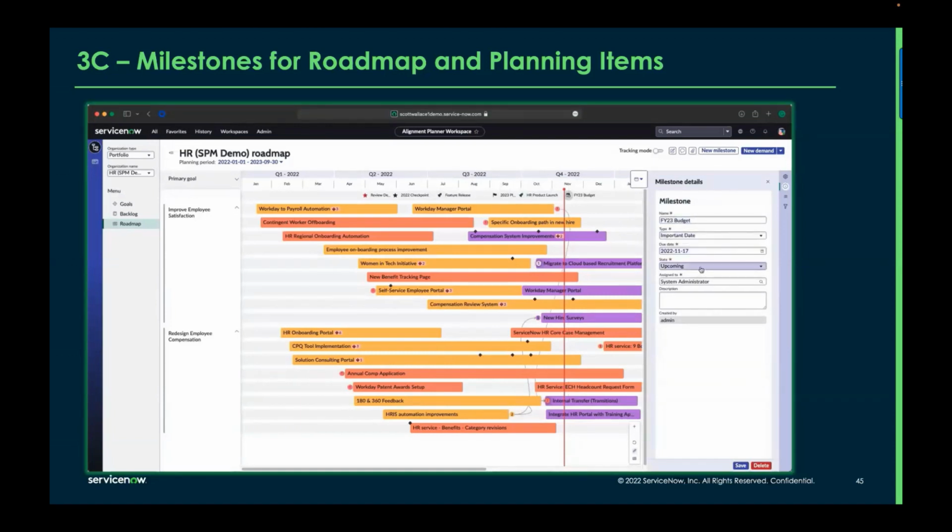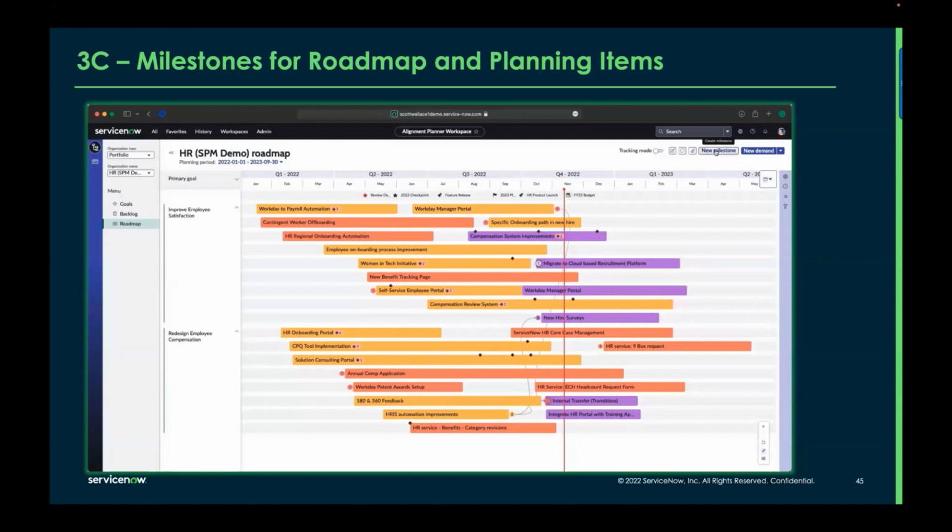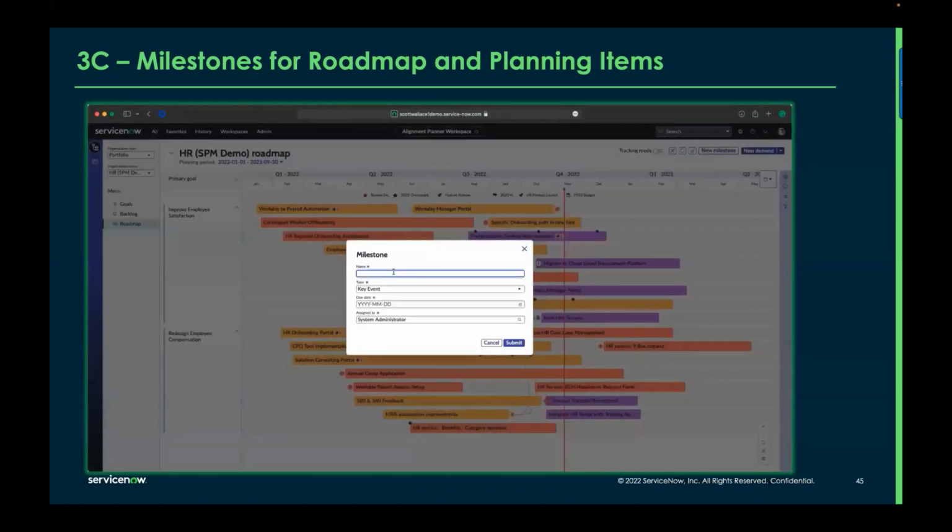Here's an example. There's a budget deadline. I want to create something on the budget deadline. It's upcoming. So this is like creating a new milestone for myself. Right from here, I can create a milestone. So there's several ways to create it, but here I'm linking in saying, hey, there's a new